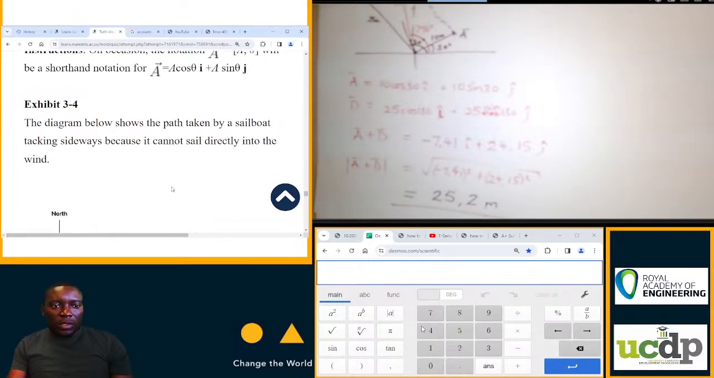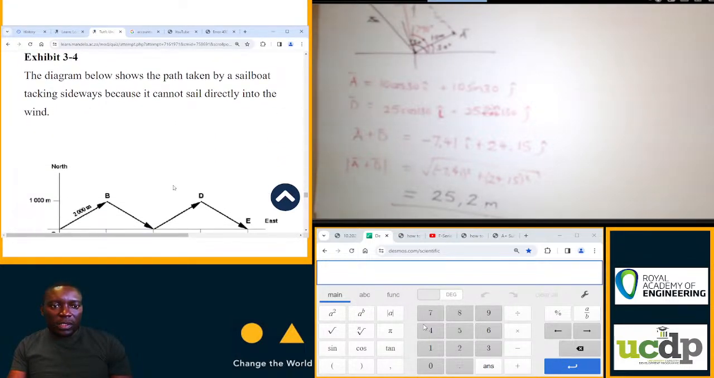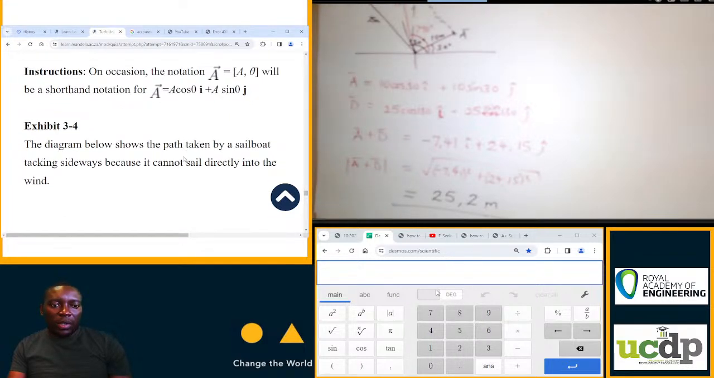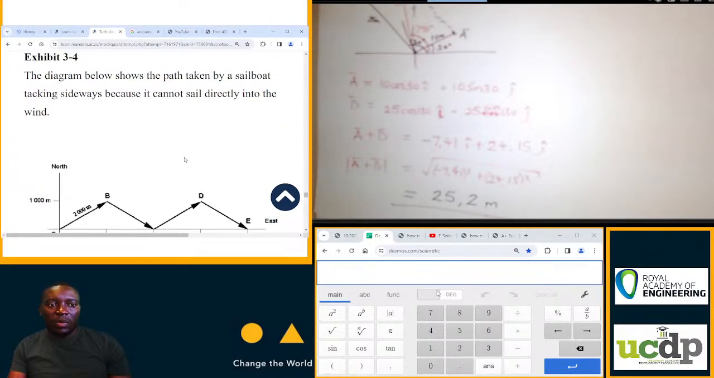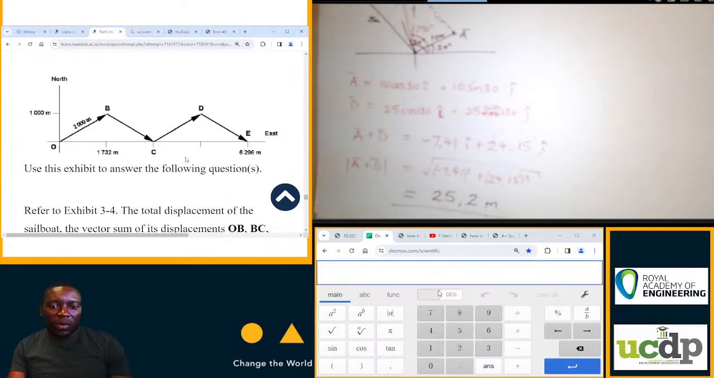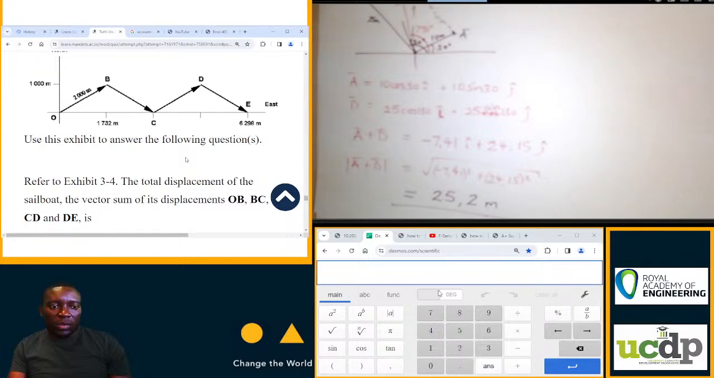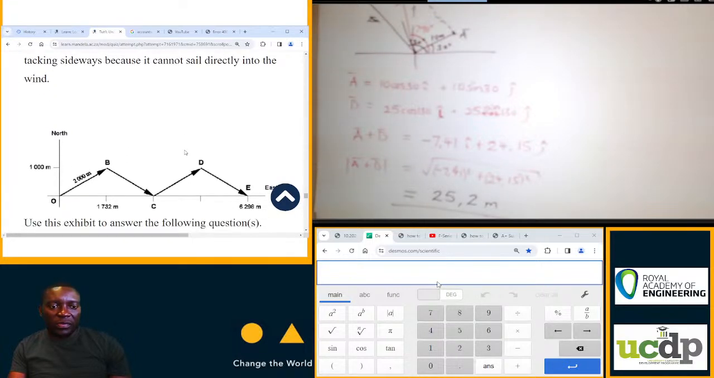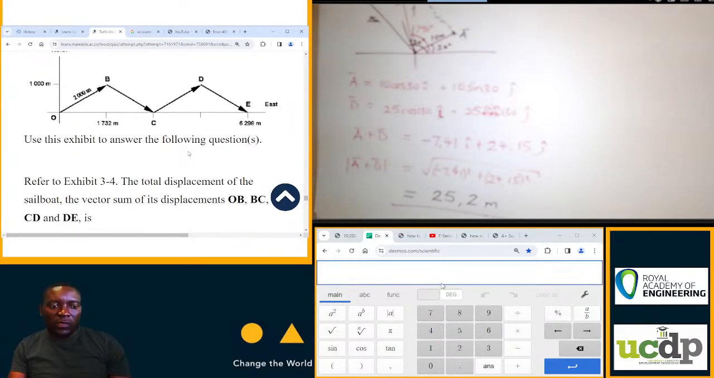So the next question is question number 14, which is also a simple one. The question reads: the diagram below shows the path taken by a sailboat tacking sideways because it cannot sail directly into the wind. Use this exhibit to answer the following questions. Referring to exhibit 3.4, which is the diagram you have just seen, the total displacement of the sailboat,